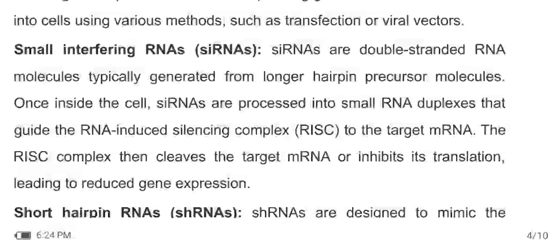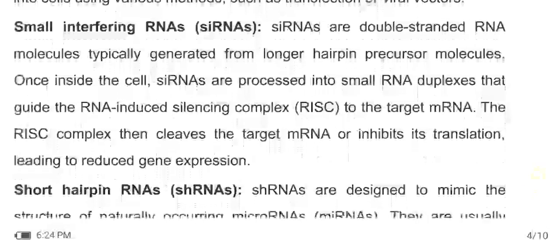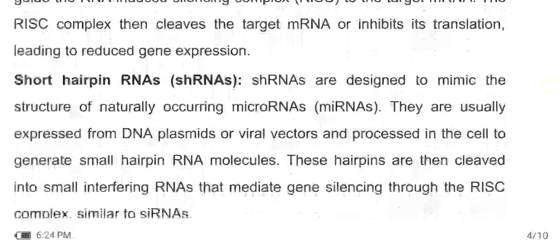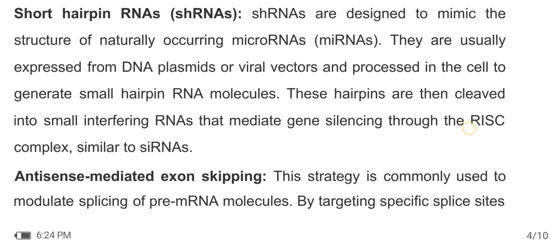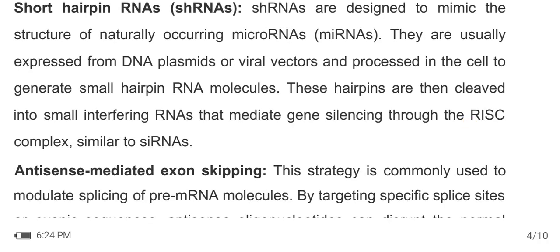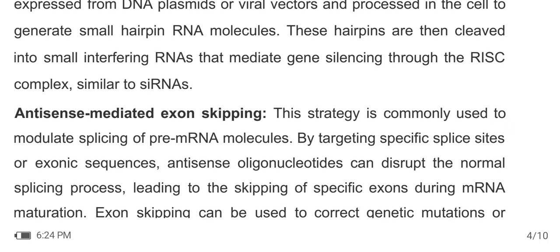The RISC complex then cleaves the target mRNA or inhibits its translation, leading to reduced gene expression. Then short hairpin RNAs, or shRNAs. shRNAs are designed to mimic the structure of naturally occurring microRNAs, or miRNA. They are usually expressed from DNA plasmids or viral vectors and processed in the cell to generate small hairpin RNA molecules. These hairpins are then cleaved into small interfering RNA that mediate gene silencing through the RISC complex, similar to